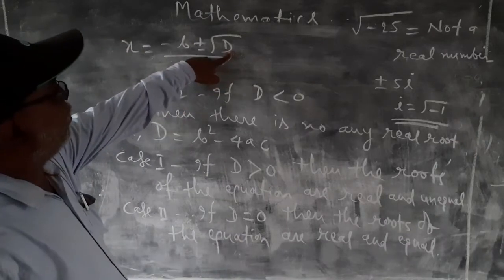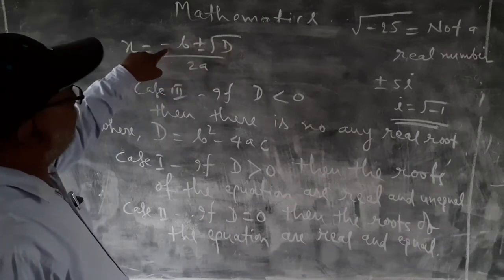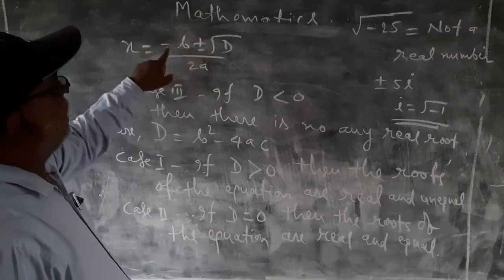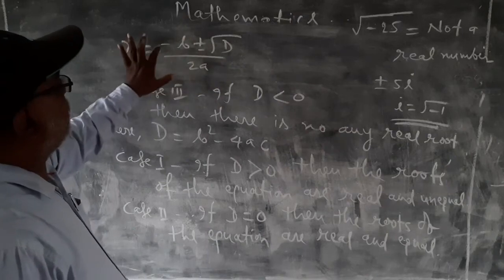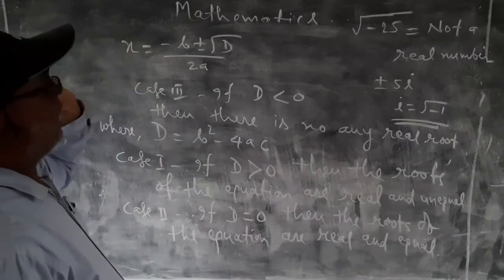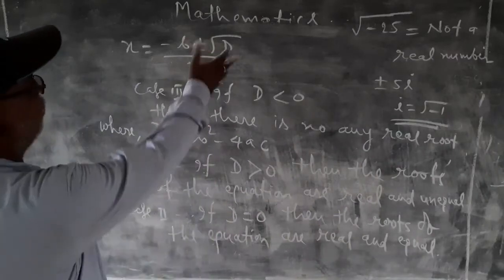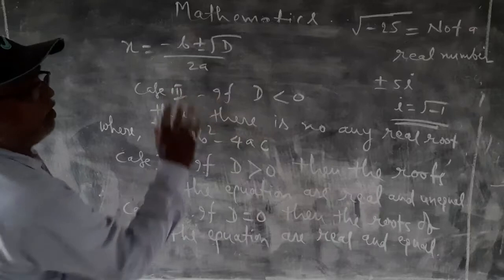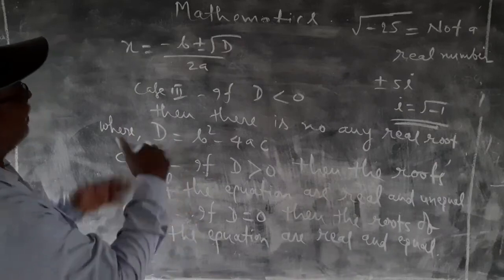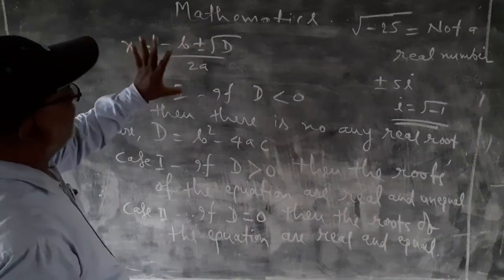If d is greater than 0, then you have to add root d to minus b, then divide by 2a. One of the roots will be obtained, and the other root will be obtained by subtracting root d from minus b, then dividing by 2a. Therefore, there are two different roots, and both roots are real if d is greater than 0. That is the first case. In the second case, when d is equal to 0, the square root of 0 is 0. Therefore, it does not matter whether you add 0 to minus b or subtract 0 from minus b, the same result will be obtained. That's why the roots will be equal. There are two real roots, but both are equal.